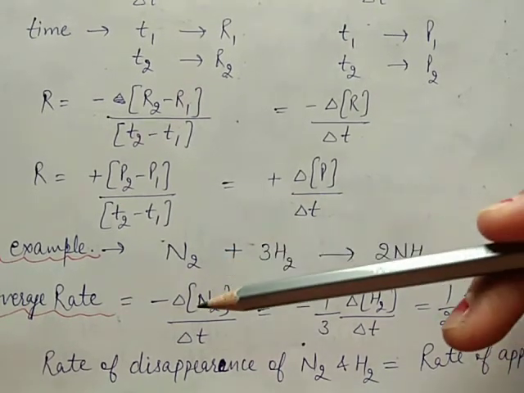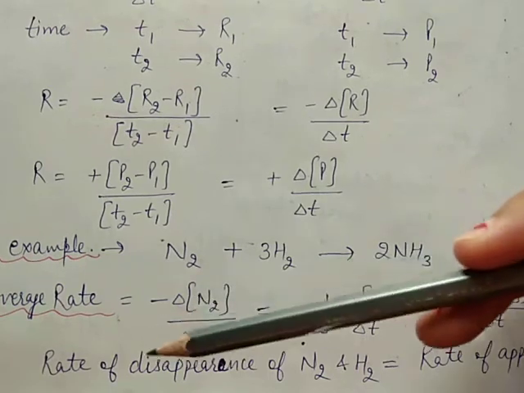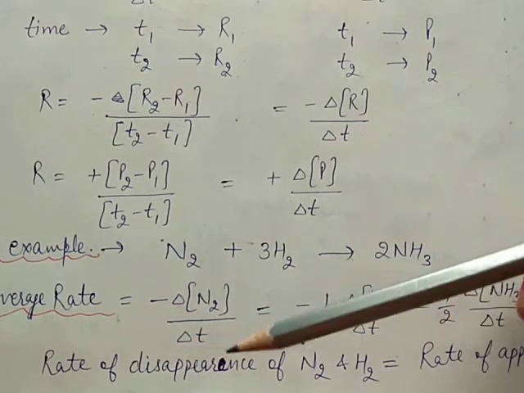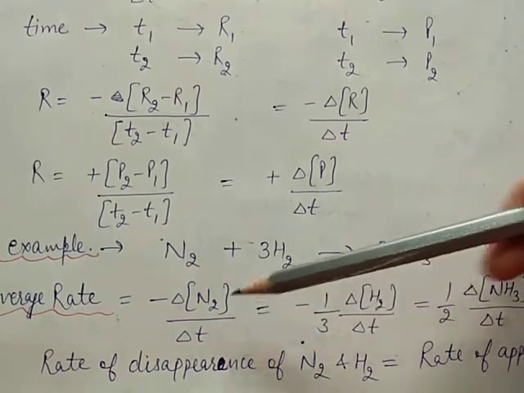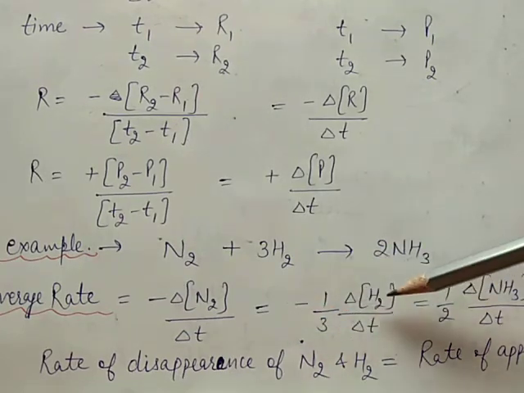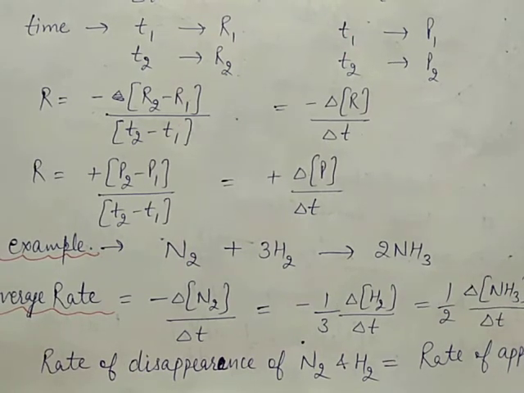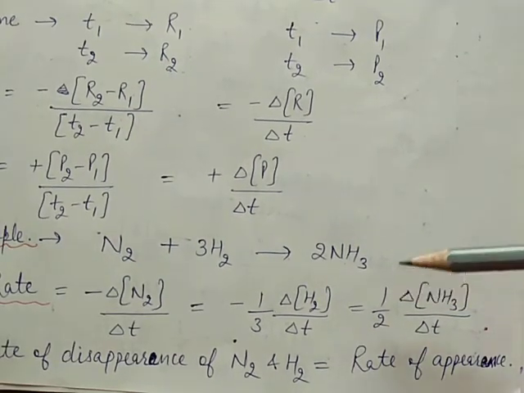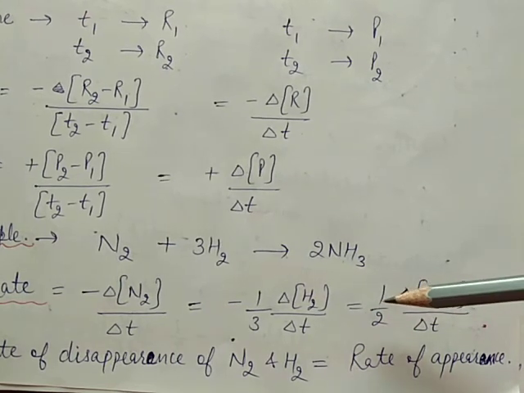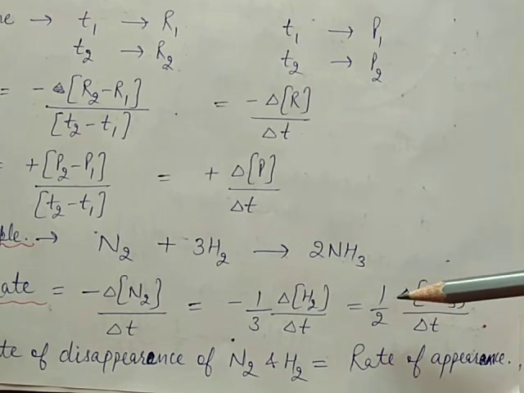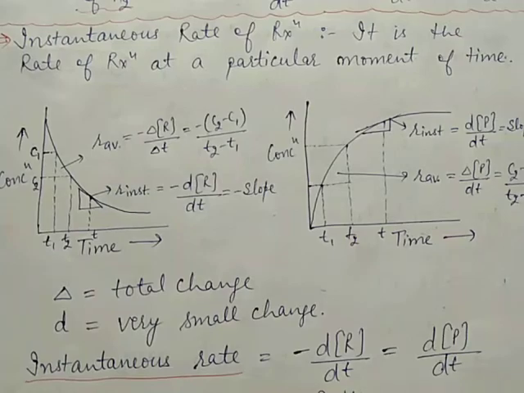So the negative sign is also called the rate of disappearance of N2 and the rate of disappearance of H2, and the plus sign shows the rate of appearance of ammonia formed. Now the